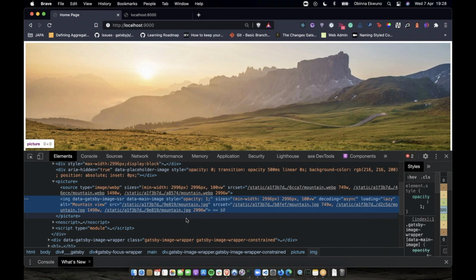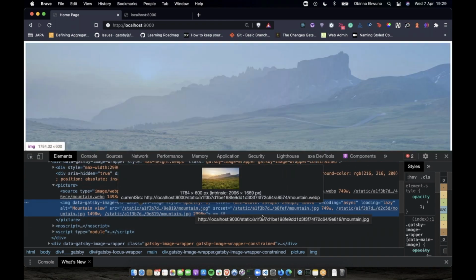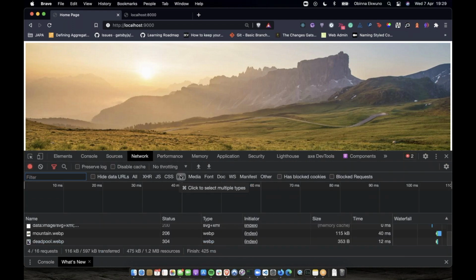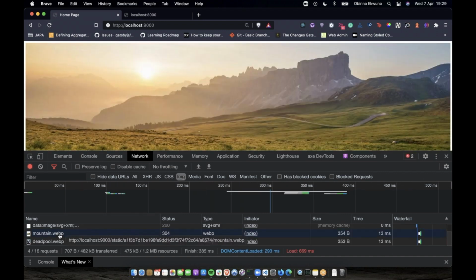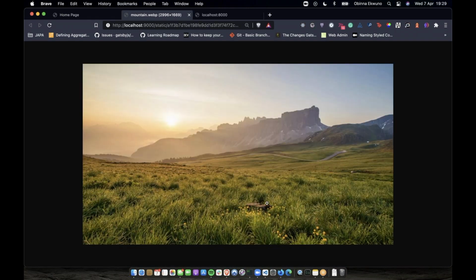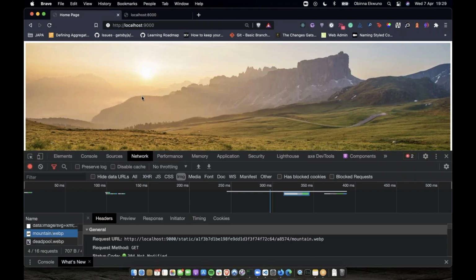It's just saving the available width on different source sets it has, which is one of the benefits of using the static image component. And if you want to see what the actual image width looks like, we can come over to this network tab and just click on image. Let me refresh this again, and we can double click on this. This is the actual image width, and then we're just shrinking it down to fit our mobile, which is giving us very good performance.